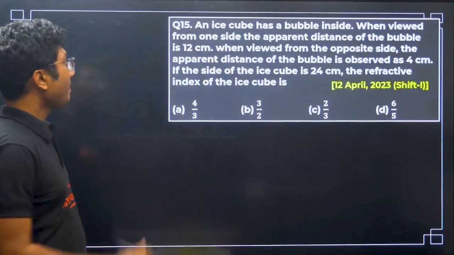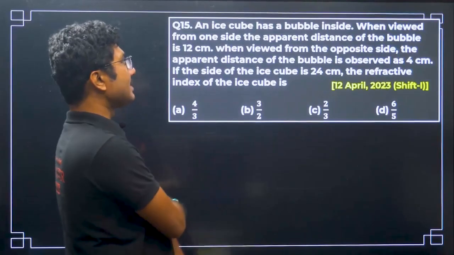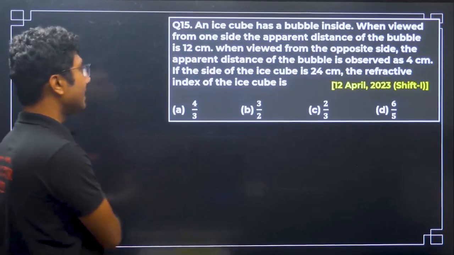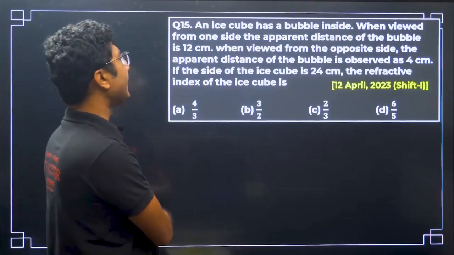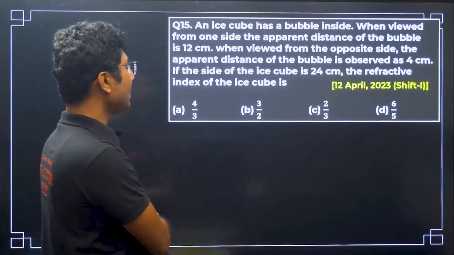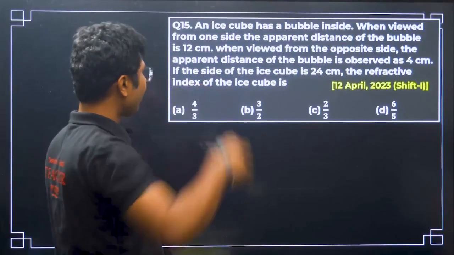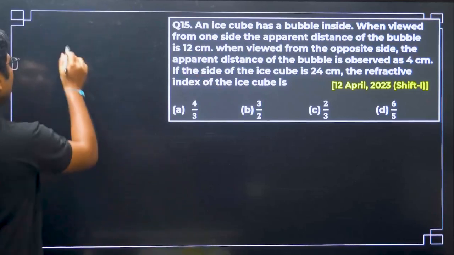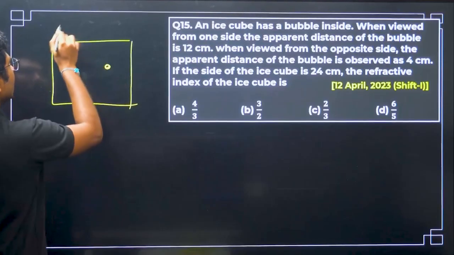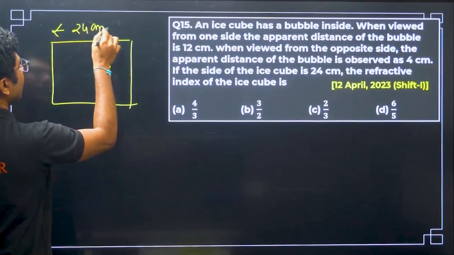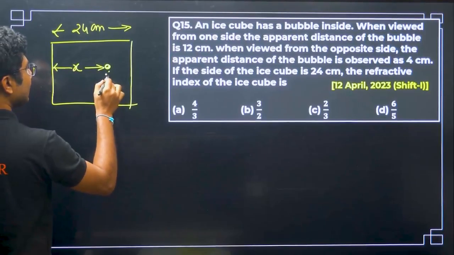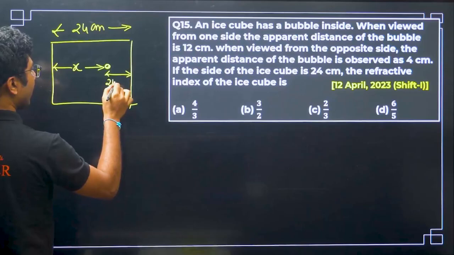Now next question. An ice cube has a bubble inside. When viewed from one side, the apparent distance of the bubble is 12 centimeter. When viewed from the opposite side, the apparent distance of the bubble is observed 4 centimeter. If the side of the ice cube is 24 centimeter, the refractive index of the cube is. So here we have an ice cube and somewhere inside there is a bubble. The side is 24 centimeter. Okay. Suppose this distance is x. Then what is this distance? This will be 24 minus x, actual distance,